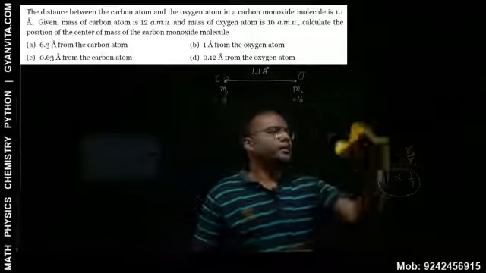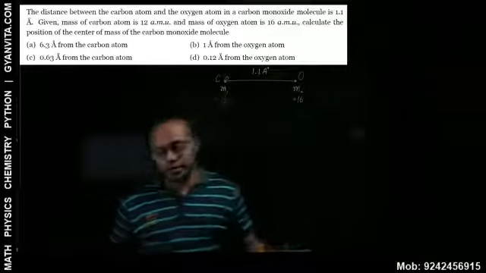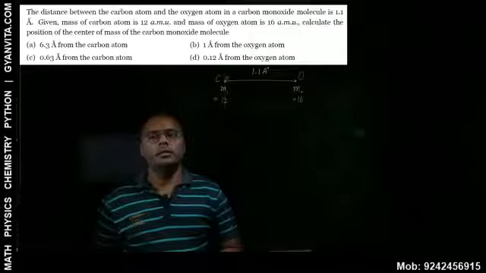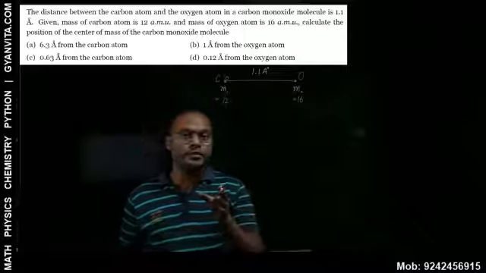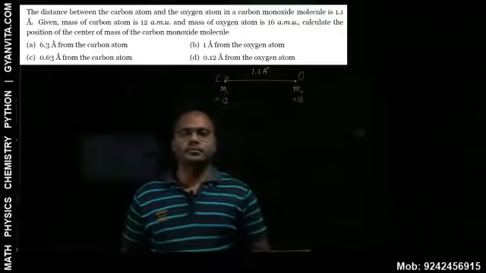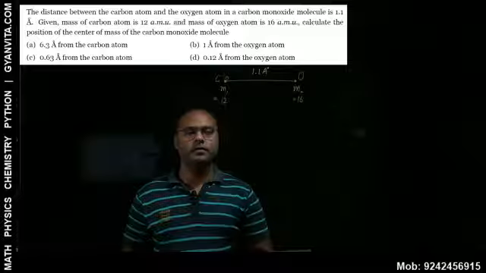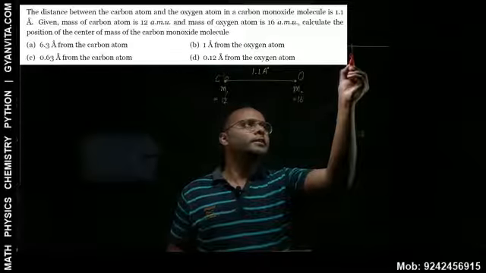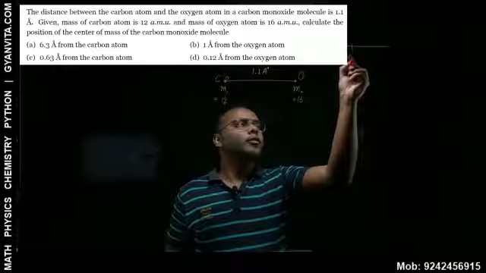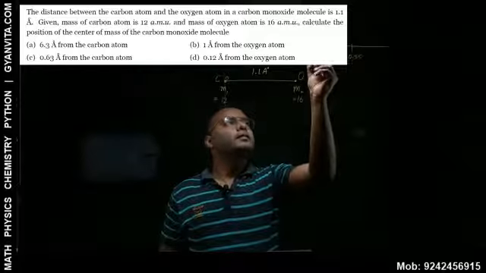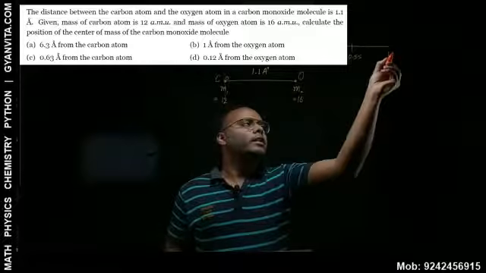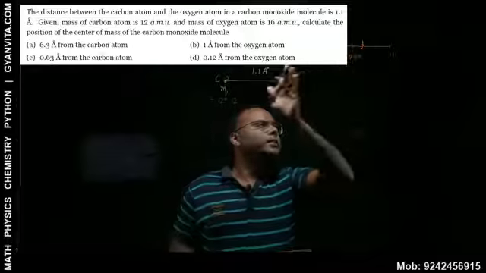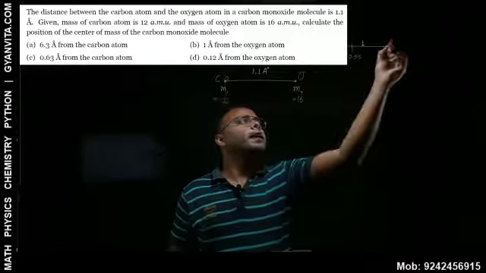And you can see your answer as well, right? Your answer was 0.63 out of 1.1. You got your answer, that was 0.63. So 0.63 is more than 0.55. Right? So this distance, which is 1.1, its center will be somewhere over here, which is 0.55. This is 0 and this is 1.1. Your answer was 0.63, so that will be somewhere over here. So it is away from carbon and near oxygen.